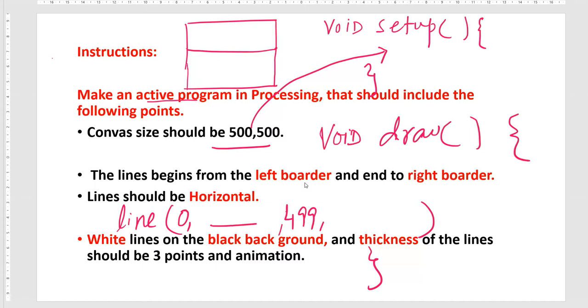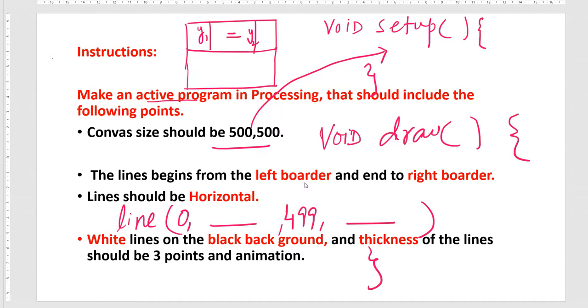Now you have to fill y1 and y2. In this case we want a horizontal line. We will get a horizontal line if y1 and y2 are both the same. If they are not the same, we will not get a straight line.